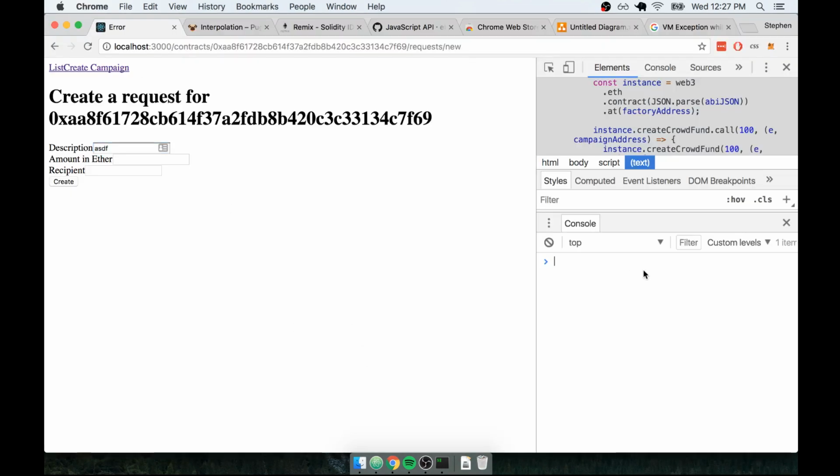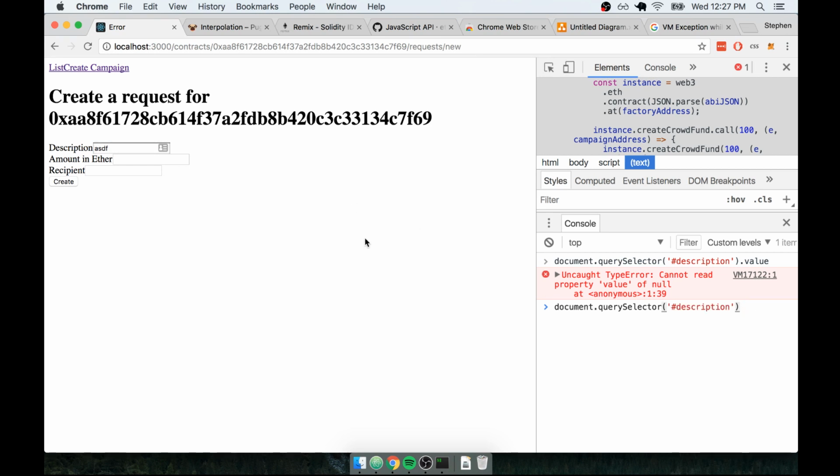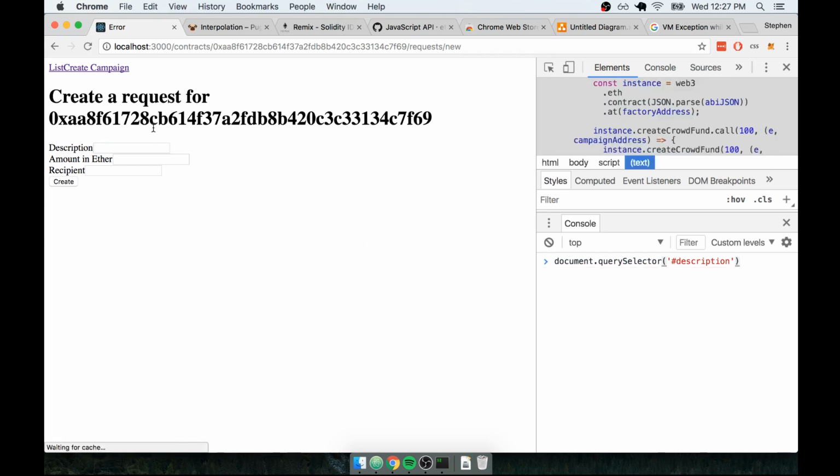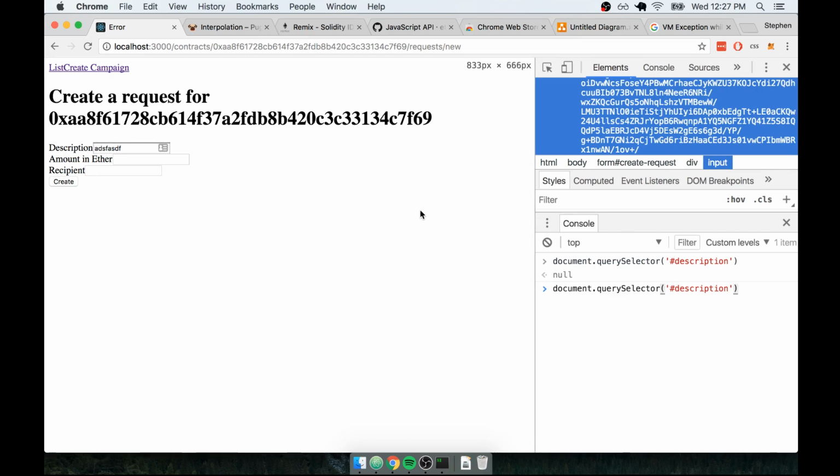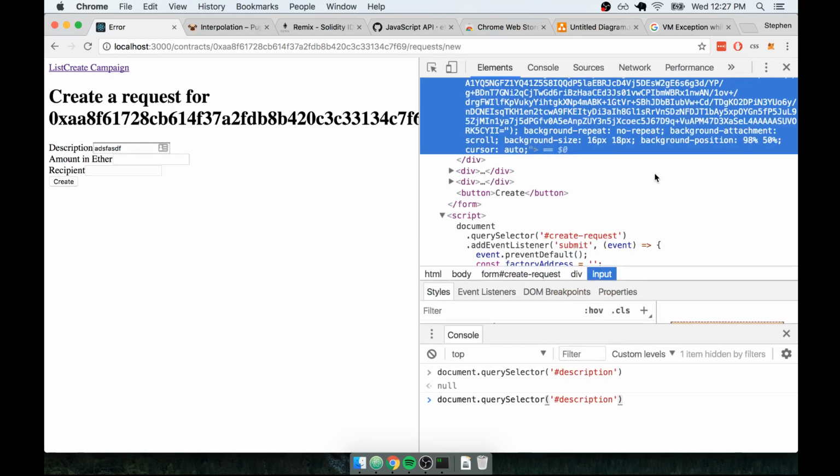So description dot value? No. Oh, I need to refresh really quick to get those IDs on the page. It doesn't like it. Can't select it. The input should